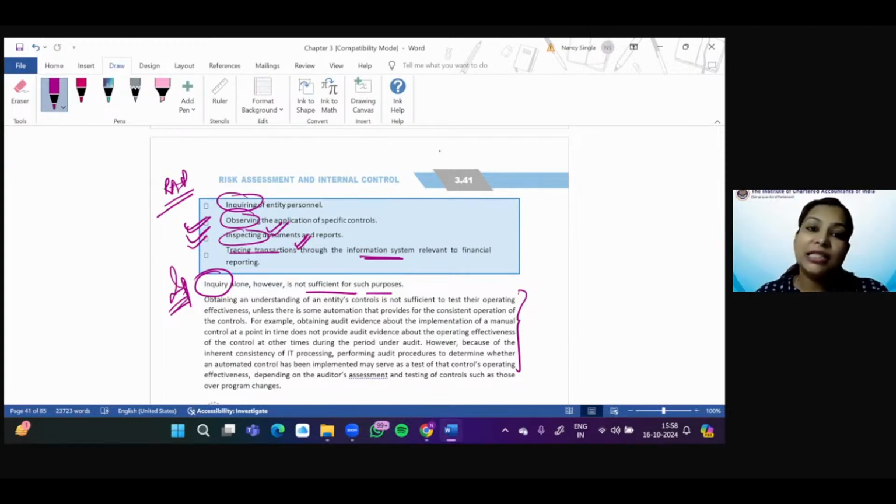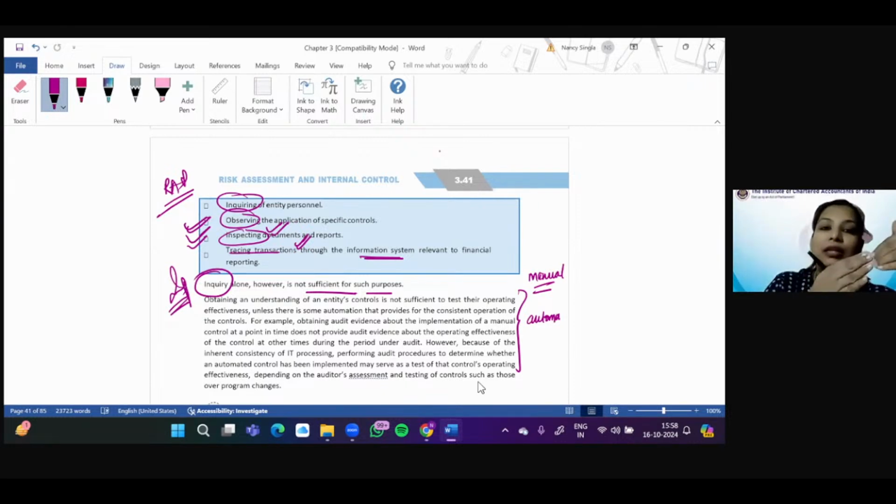Yes, if it is an automated control, then obtaining an understanding would be sufficient, provided the auditor's assessment about the changes that have been made in the automated internal control. So it basically says that for manual control, obtaining an understanding once is not sufficient. Why? Because chances are that manual controls can always be manipulated. However, automated controls, since there is inherent consistency,